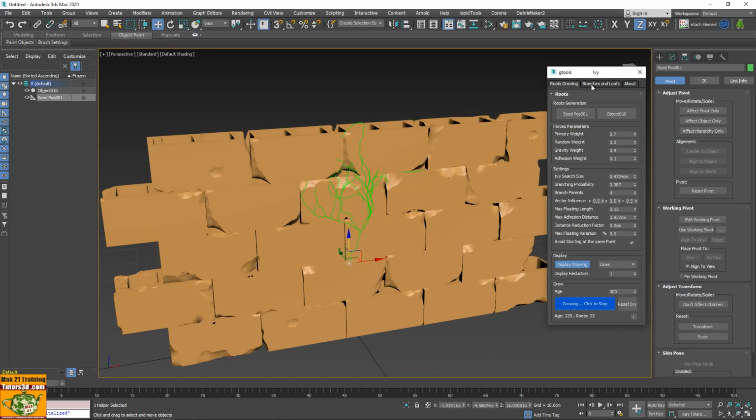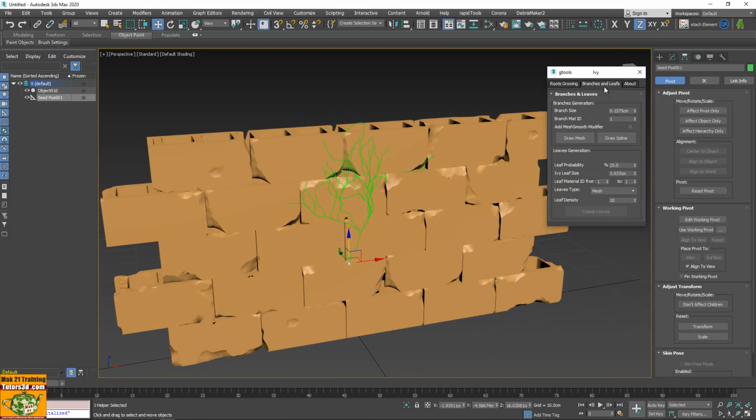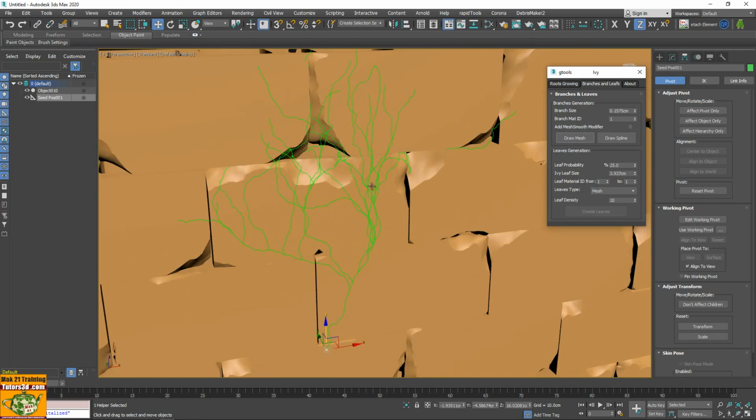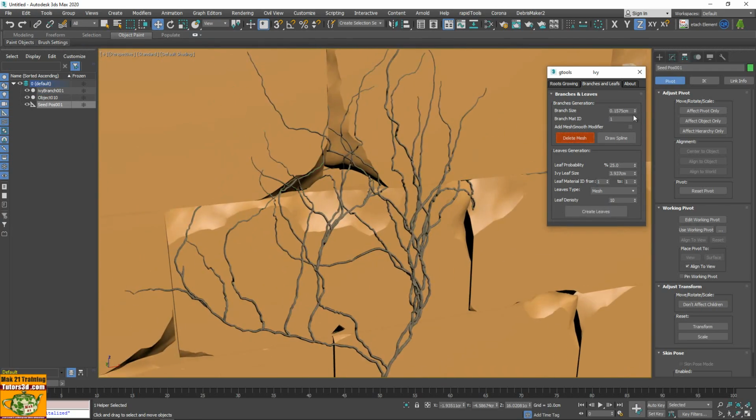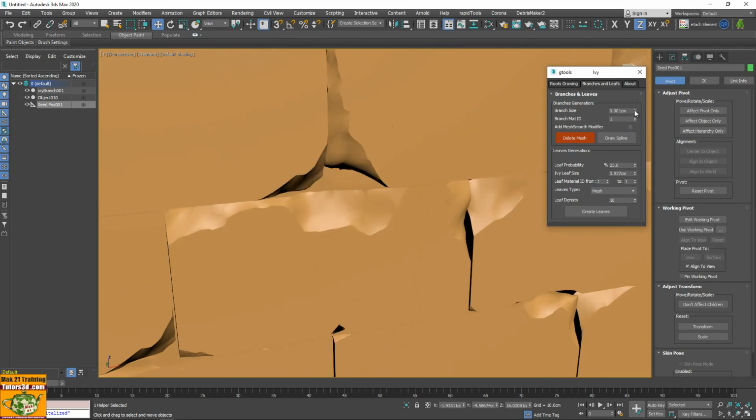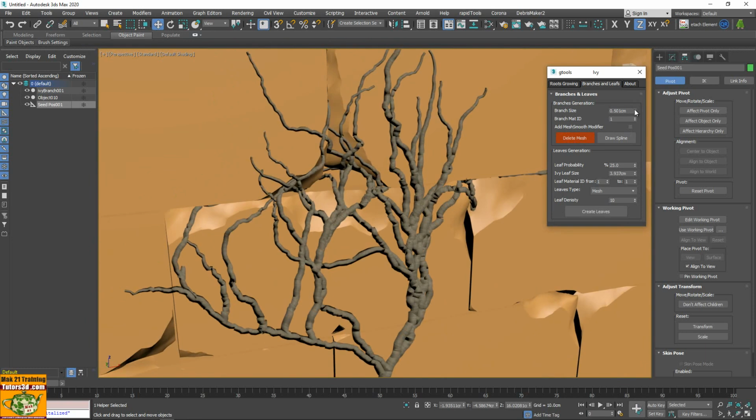the branch sense left, then the branches and leaves. Once they are inside the branches of the leaves, I can tell it to draw or erase our branches. So draw mesh, we approach a moment when I tell it draw mesh, it creates a mesh. The mesh has a thickness, and this can be changed in real time once it has been generated, for example 0.3 instead of 0.1.